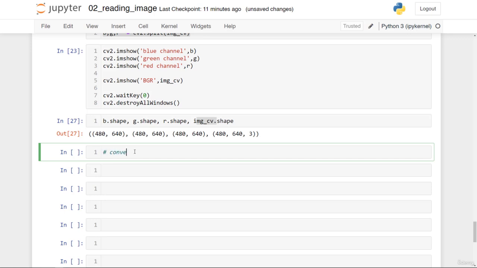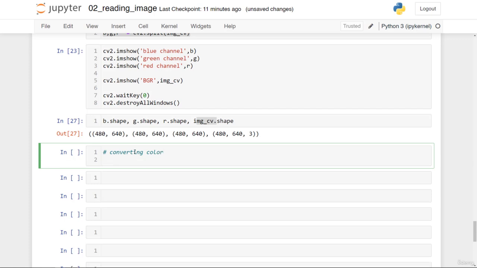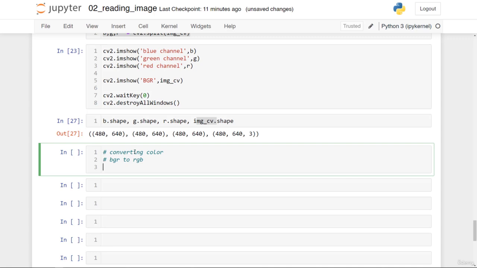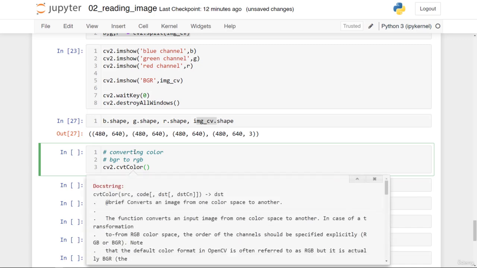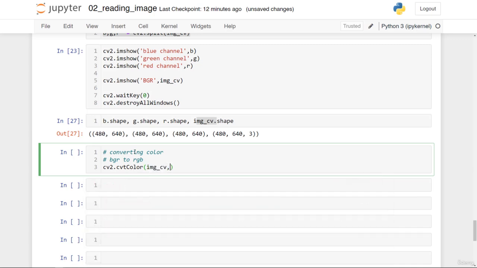Okay, converting color, let's say BGR. First I'll do the operation of BGR to RGB. We can simply do the BGR to RGB using cv2.cvtColor, and the source image will be my image_CV, which is